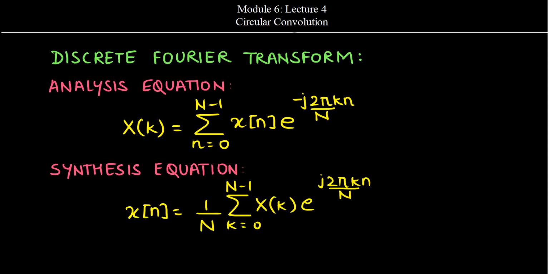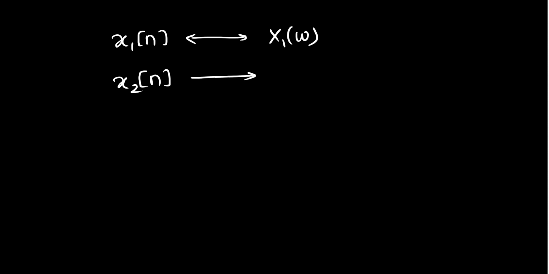Now when we consider the discrete time Fourier transform of two signals, that is x1 of n, having the discrete time Fourier transform as X1 of omega, and this x2 of n, having the discrete time Fourier transform as X2 of omega, then when we linearly convolve these two signals, that is x1 of n convolved with x2 of n,